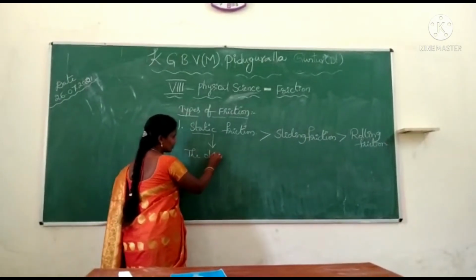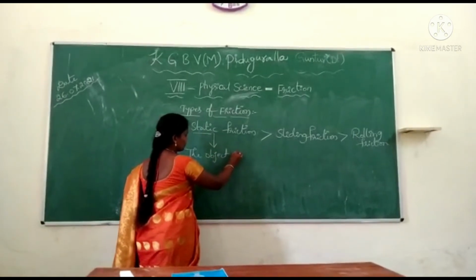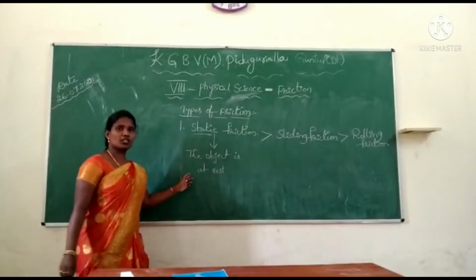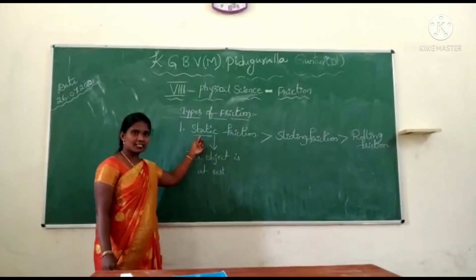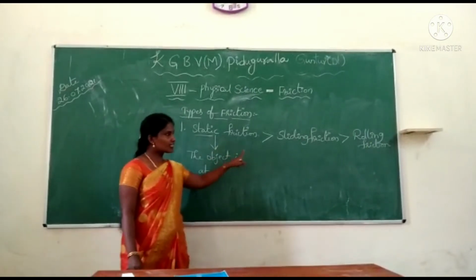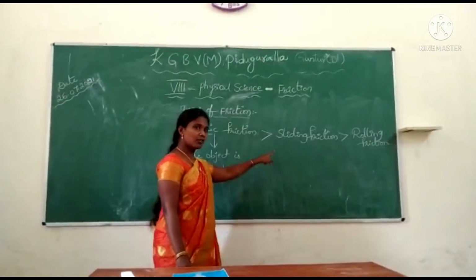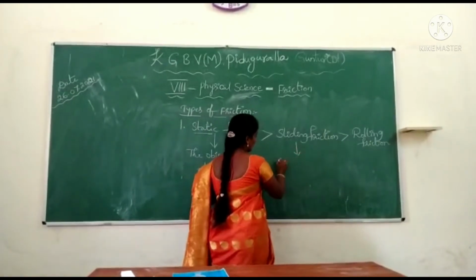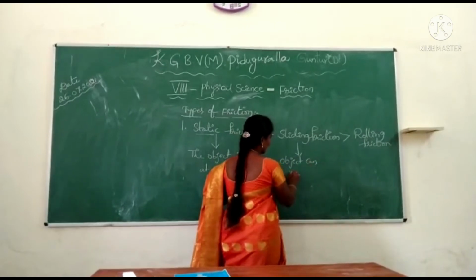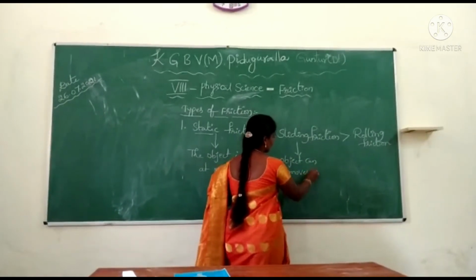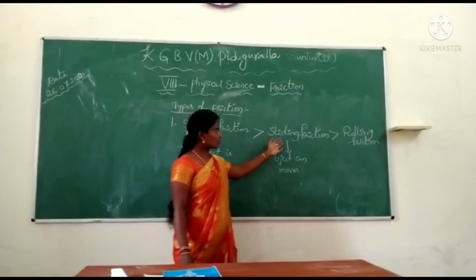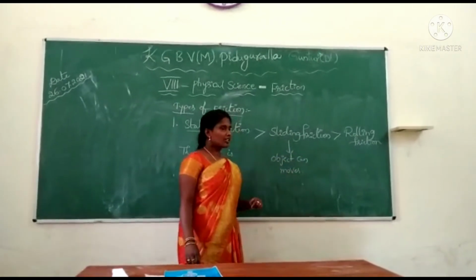All of you note down, children. In case of static friction, the object is at rest position. In case of sliding friction, the object can be moved; it starts to move. Next, the third one, rolling friction. In this case,